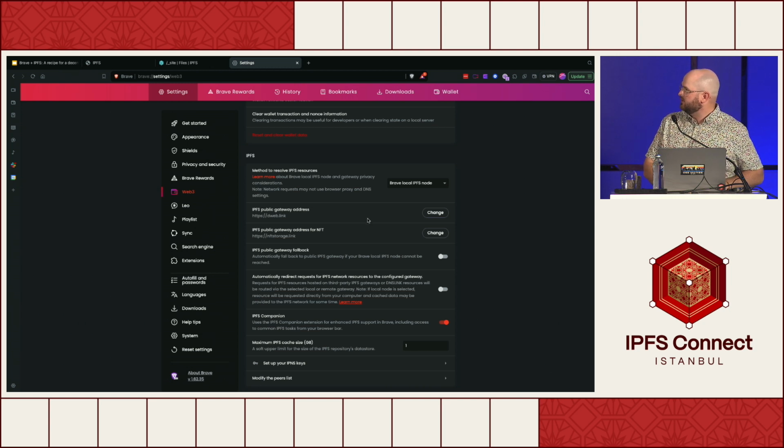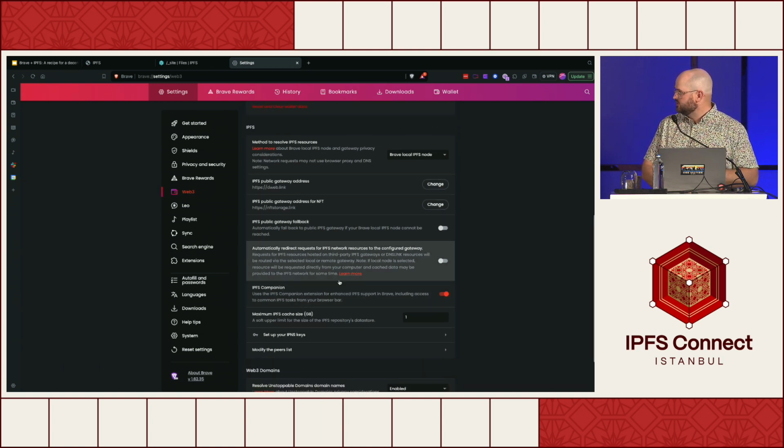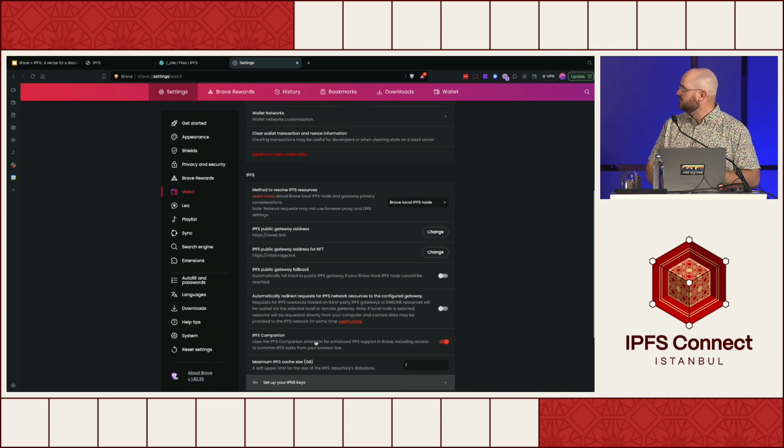You can change what your gateway is, whether you have default backup, and automatic redirects. For example, if a site like ipfs.tech is already hosted on IPFS, it'll automatically redirect to using IPFS rather than HTTP. You can also install the IPFS Companion extension through this page, configure sizes, manage your keys, these types of things.